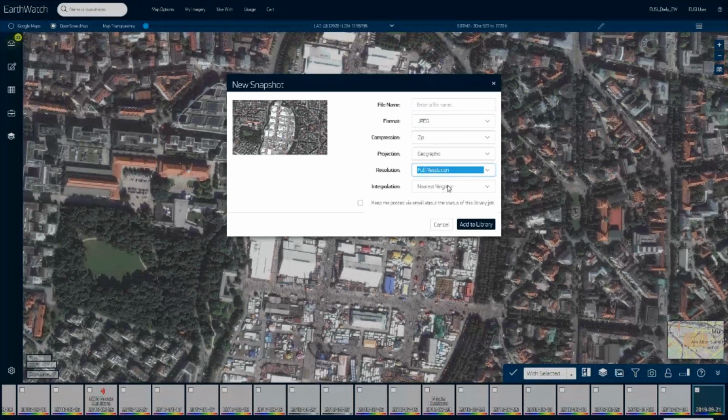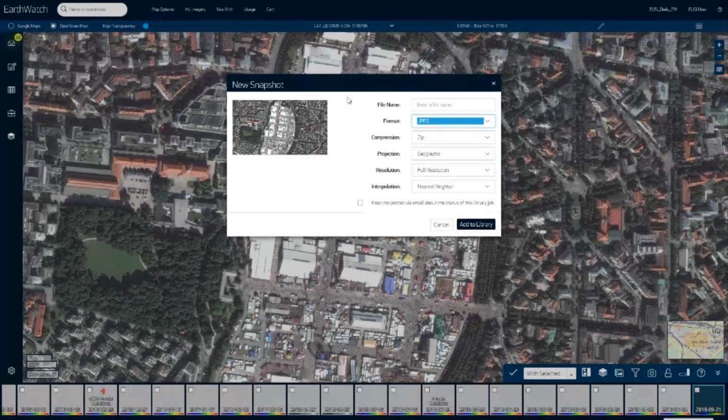From here, you have even more options. Actually, your snapshot will be georeferenced. So you can choose the projection, geographic or UTM. You can choose the format. So here the snapshots are useful when you want to prepare a report. It's not aimed to download the full resolution imagery. For that, there is another option.